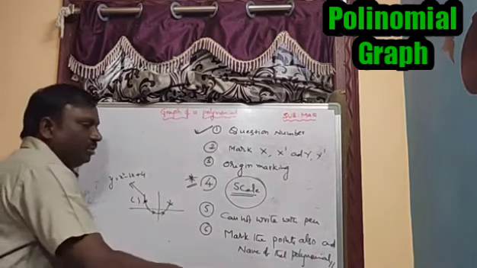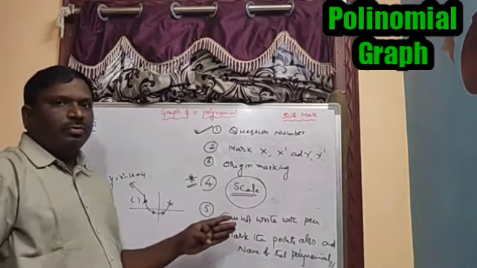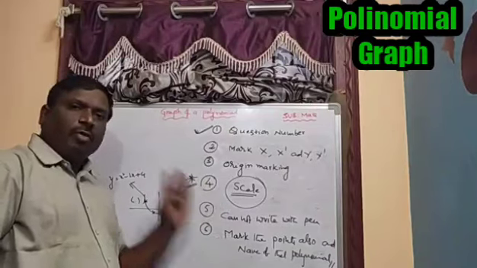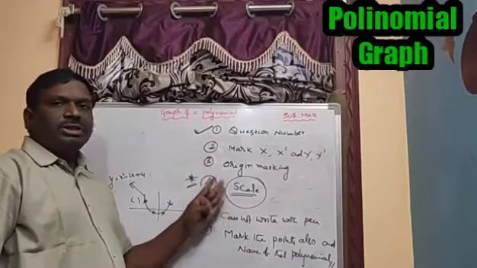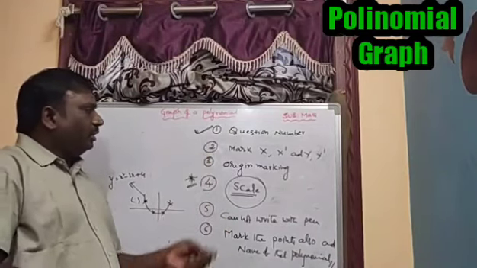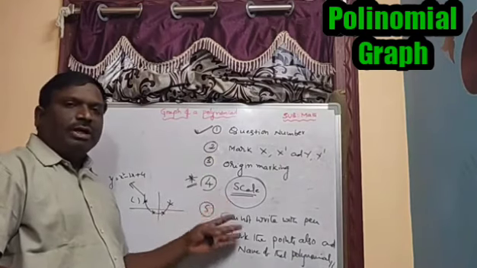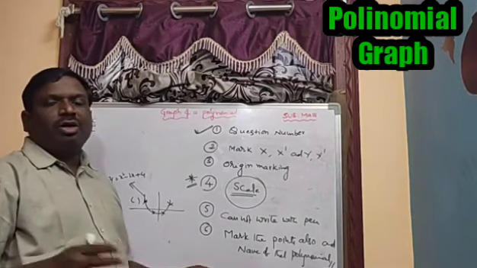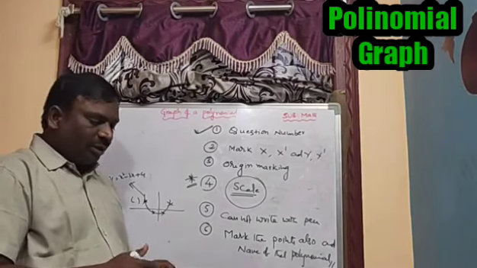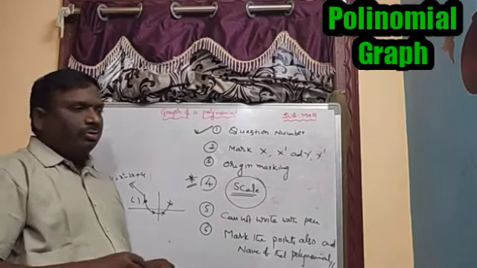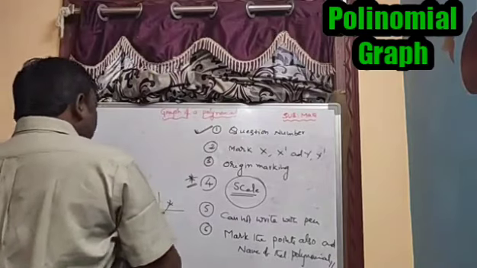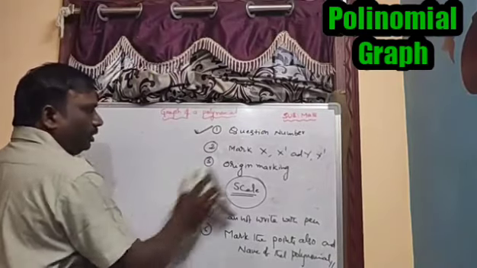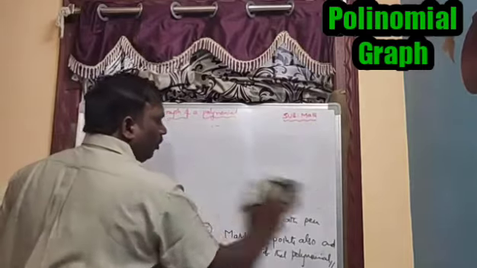So these precautions if you take when you are drawing the graph, definitely you will get the full marks. So 100% 4 marks question will come. That's why you can take these precautions. Definitely you will get the full marks. Otherwise they will reduce 1 mark or half mark sometimes. So that's why we have to take that much risk. So better to take these precautions, then we'll get the full marks.